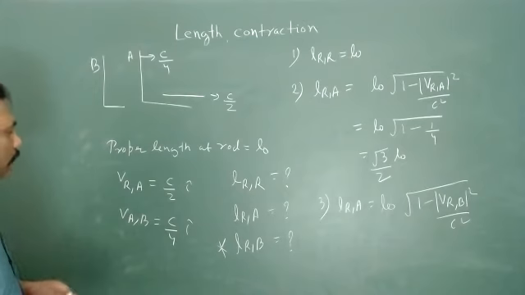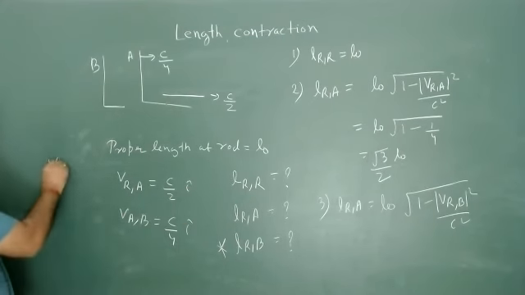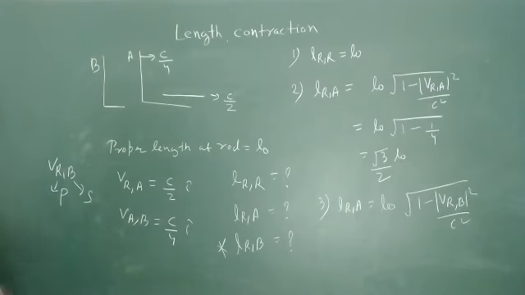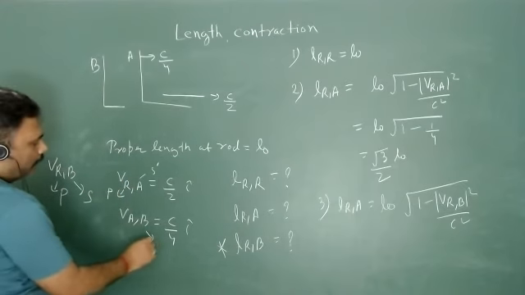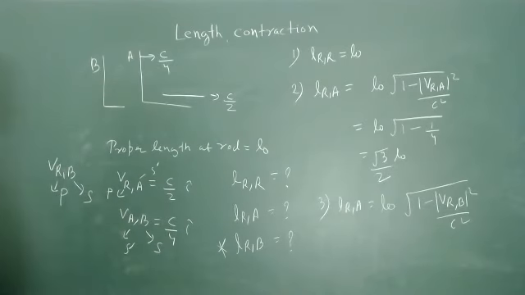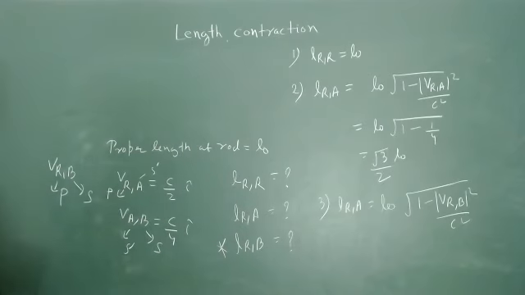So how will we go about this? We have to calculate the velocity of the rod with respect to B. I can say this is the S frame. This will be my particle. Then what will be my S dash? The same relative speed. What will be my S dash? A. So this will be S dash. This will be the particle. This will be S. This will be S dash. So everything is very well maintained. There is no need for the second one; the first one was enough. So we can use this thing. I am just going to remove this part, and we can use this space for calculation.